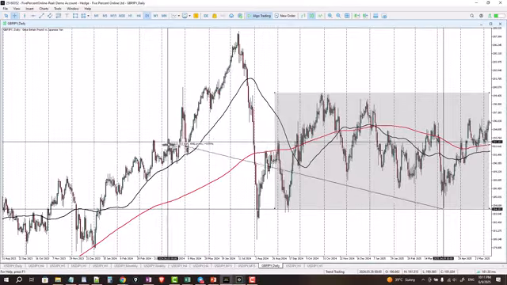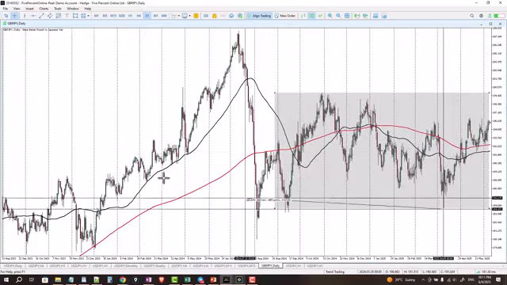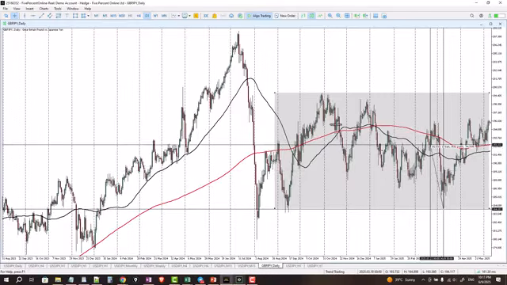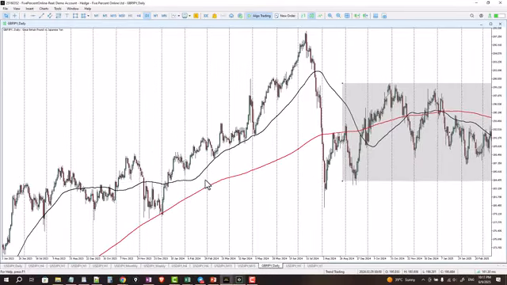But a trend trading strategy would not have served you as well, because the market is not trending, it's actually ranging. So what does this have to do with anything? Again,